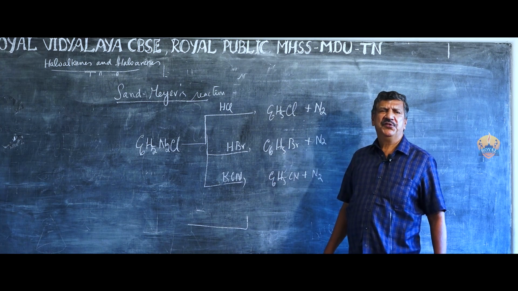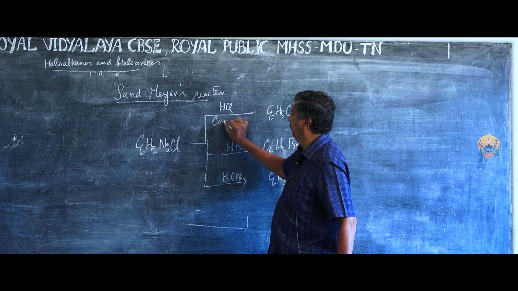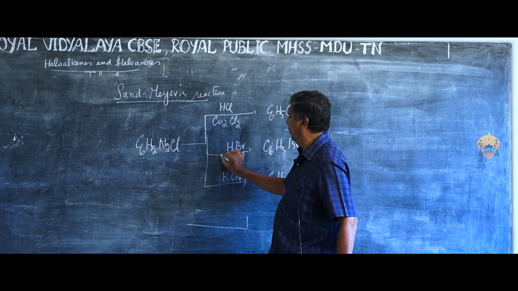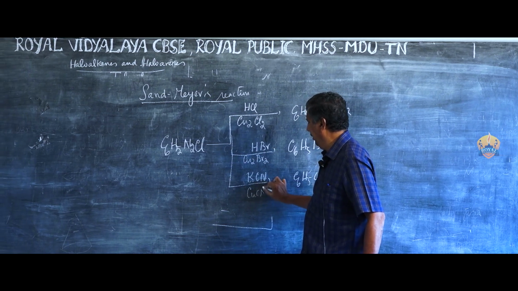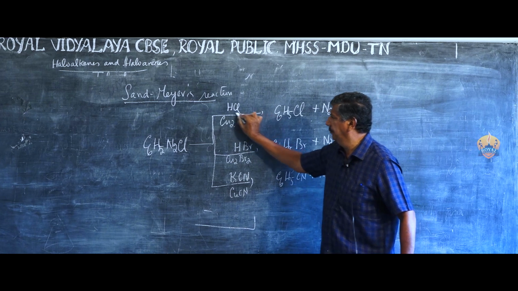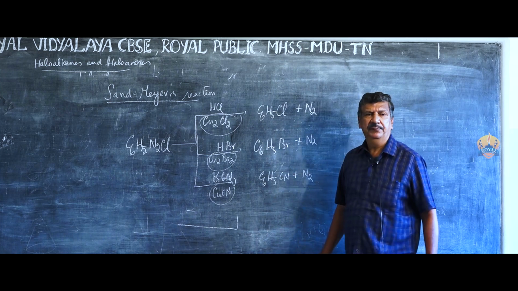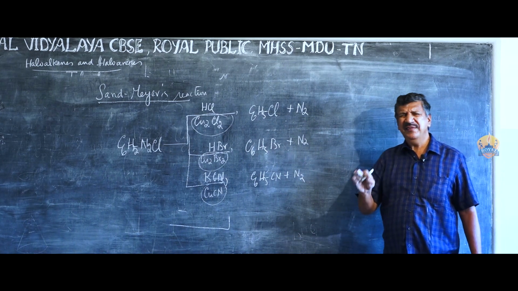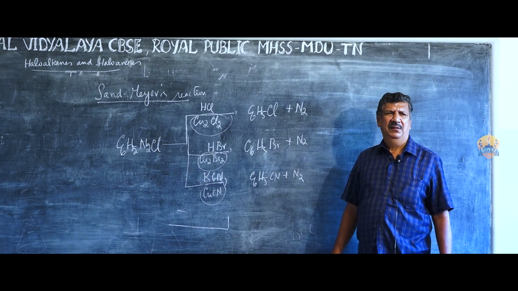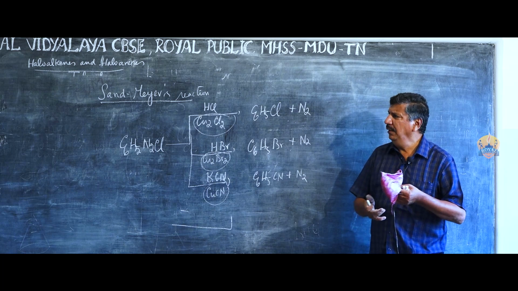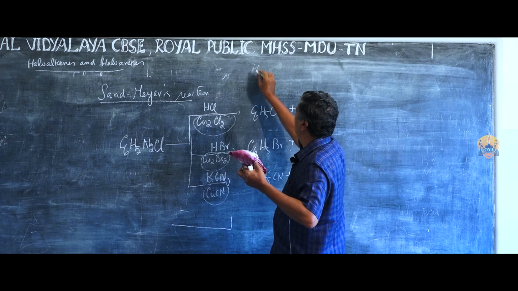When they ask you Sandmeyer reaction, what you have to do? You have to see the catalyst. That's all. You see, these are the catalysts selected for Sandmeyer reaction. Don't read the sentence and all. You can write your own sentence. That's left to you. Then there is one more reaction. Sir, if they ask for Gattermann,